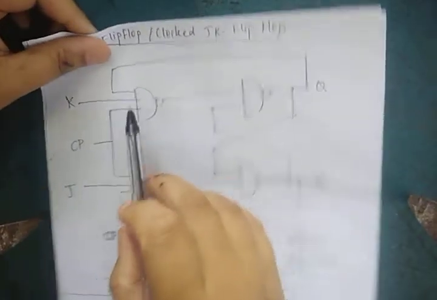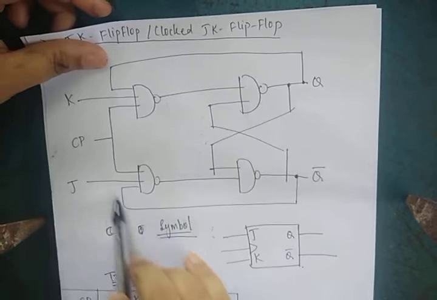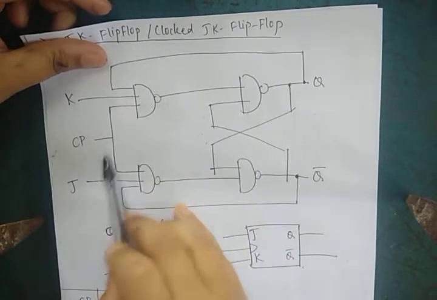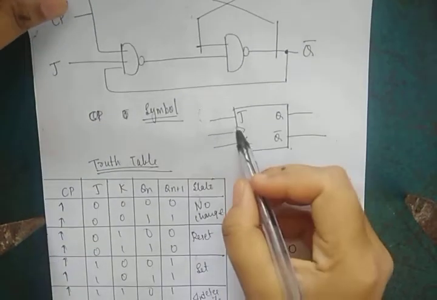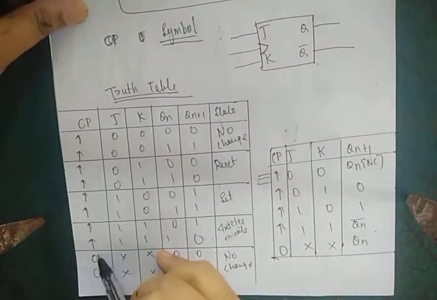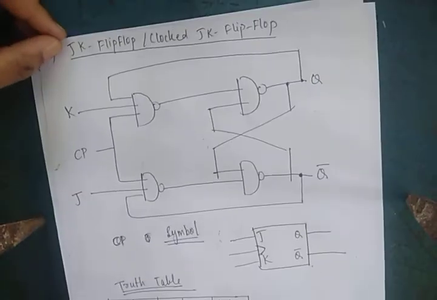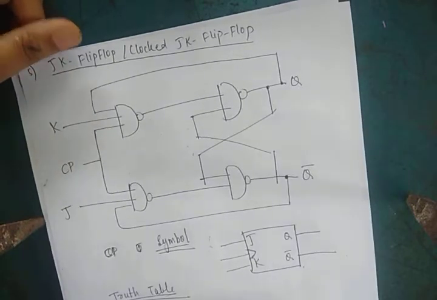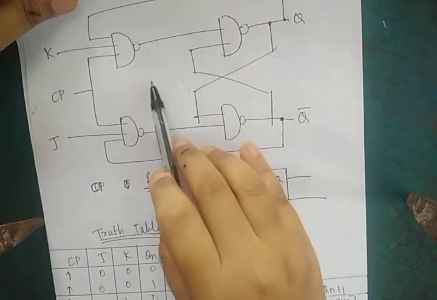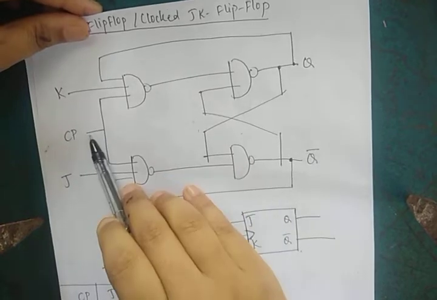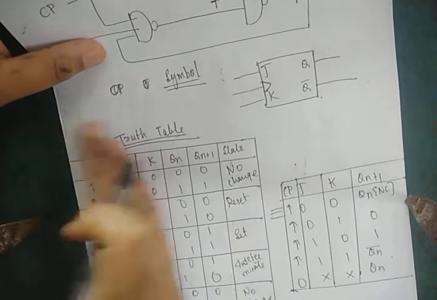Similarly, JK, as you can see in the diagram, this is connected here, this is connected here, and we have a clock pulse. Same symbol again, we have a clock symbol. Same truth table. If we give the clock, it works. If we don't give the clock, it doesn't work, no change. This is JK flip-flop. Only the symbol differs, everything in the truth table will be the same, and you need to concentrate on this logic diagram. If it is clock pulse, you need to put clock pulse. If it is enable, put an enable. If it is nothing, don't put anything. But this part will be the same.